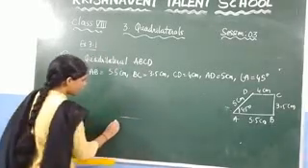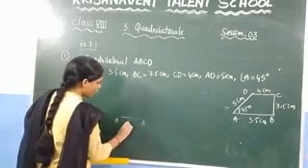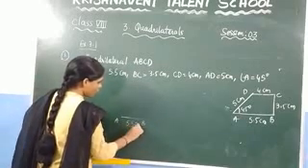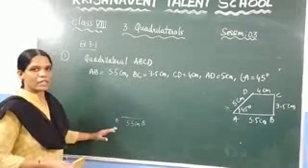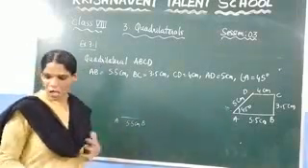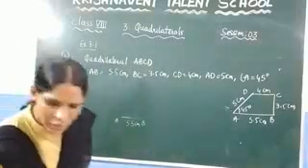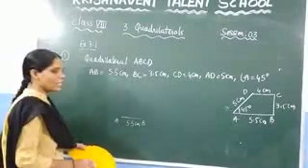So here we got the length AB as 5.5. Now at this point we need to take an angle of 45 degrees. How to draw an angle of 45 degrees? First you need to check where is 90 degrees.